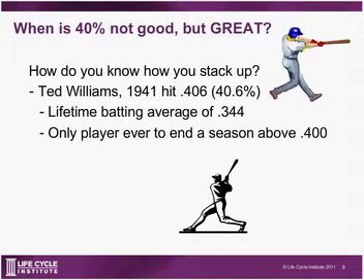Ted Williams, I'm sure many of you sports fans, baseball fans are familiar, is the only player to ever end a season above a .400 batting average. What that means is 40% of the time he went into the batter's box, he actually got a hit. So for most organizations, most professionals, most jobs, 40% is not a good number. But it's important to have that baseline, that benchmark, to understand where you are in comparison not only to some kind of average, but also to what the best in class is. So if we're playing baseball, best in class is a 40% batting average.